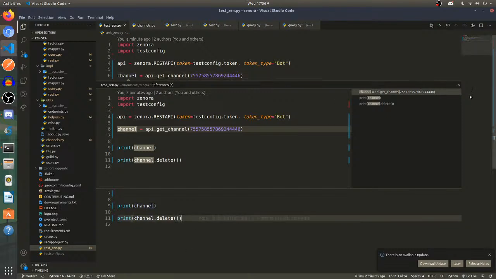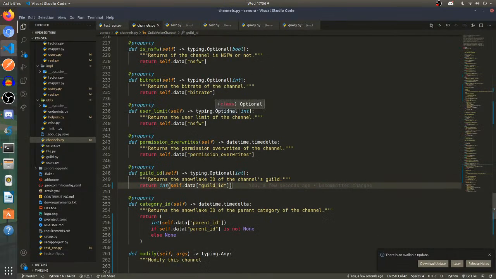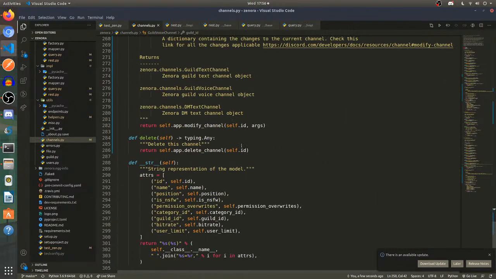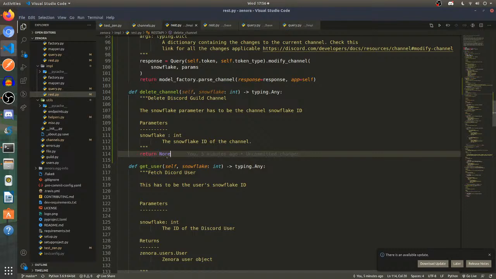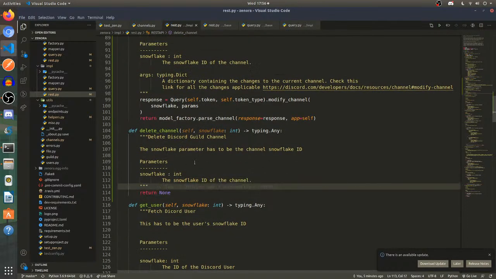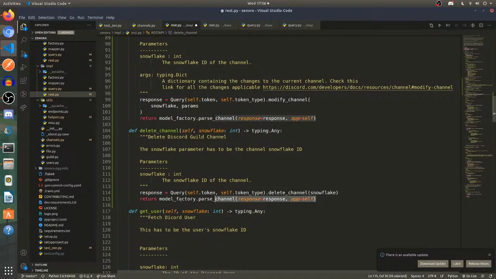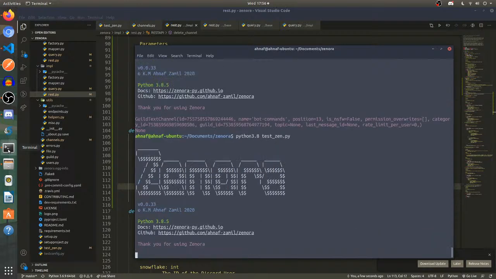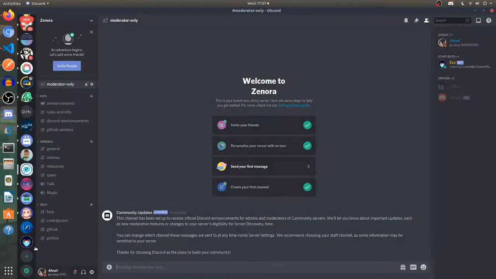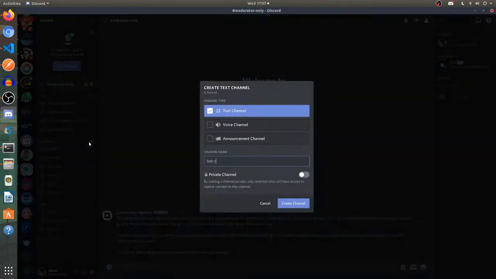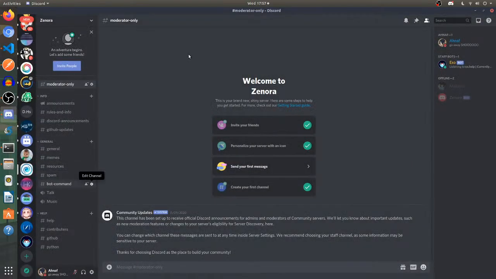Finding references. Okay, so let's go to the channel object. So if the channel doesn't delete, self.app.delete_channel. Wow, why don't I even have anything over here? Sorry about that. My bad. So the channel is deleting one second and now it's not deleting anything. It's returning the channel right now, but then it's not over here because it's deleted. Now let me make bot command.